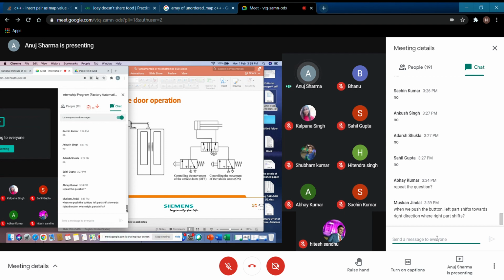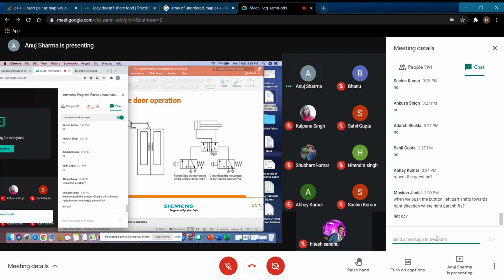When we push the button, the left part shifts towards the right direction. Muskan, which button? The button of your left DCV or right DCV?